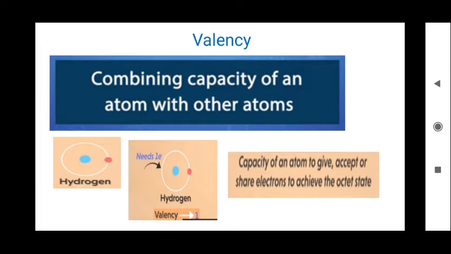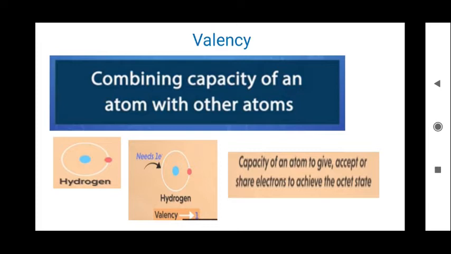It is called the octet state. Only if it has 8 electrons in its outermost shell can we call the atom stable. Until they attain stability, they either accept electrons or donate electrons to attain that octet state. As I told, only hydrogen and helium need the duplet state, that is, 2 electrons are enough for their stability. Hydrogen already has 1 electron. How many more does it need to attain stability? Yes, it needs 1 more electron, and that is called valency.